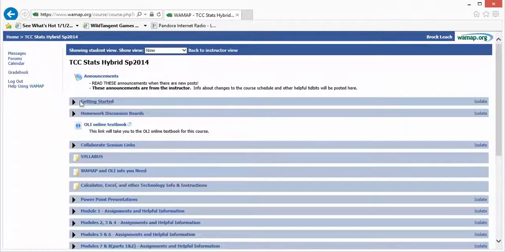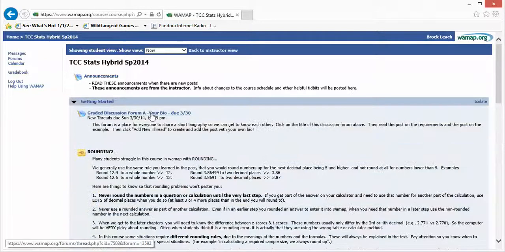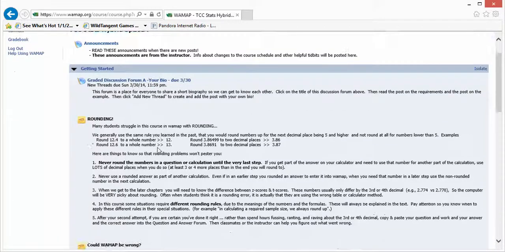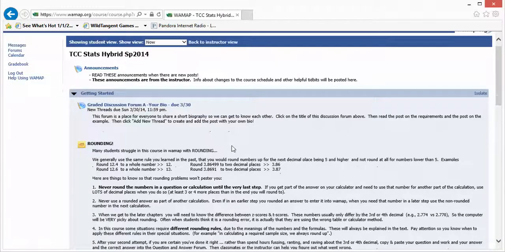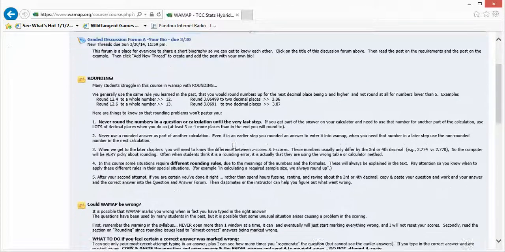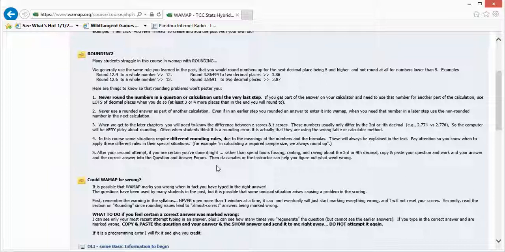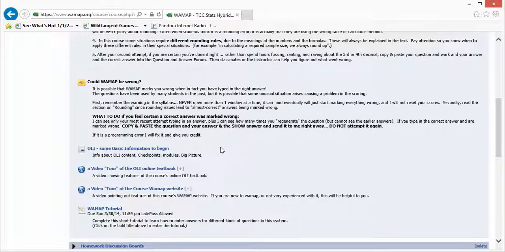It's the Getting Started tab, and underneath that you can see a bunch of things that you need to read through. Number one, here's an assignment for you. You're going to post your bio. Just a little something for me to get to know you and for you to get to know the other people in the classroom. So you're going to click Add a New Thread and go ahead and post that. That's going to be due this coming Sunday by midnight. That is worth some points, homework points, so make sure you do that. Read through some of these interesting things that are here that talk about the WAMAP. These are always here for you to reference.